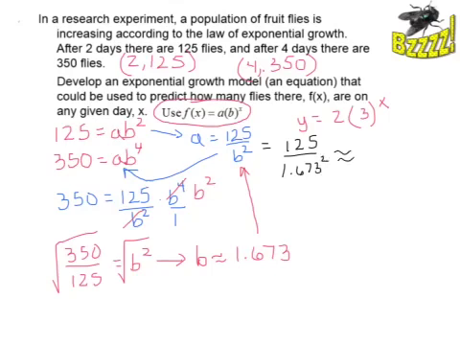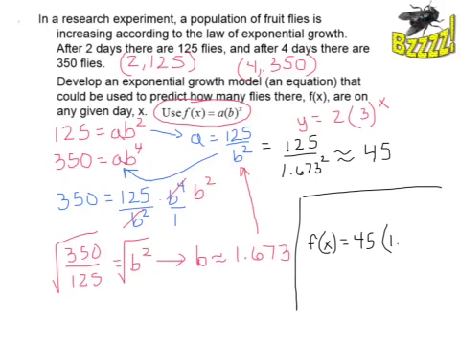And if you run that through, I'm going to round to the nearest whole number. This represents the number of flies. It's about 45 flies for A. So ultimately, my model is f of x equals 45, the initial number of flies, times 1.673 to the x. So this is the initial number of flies, and